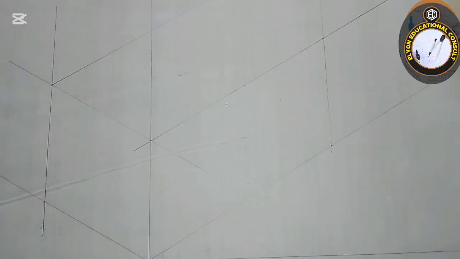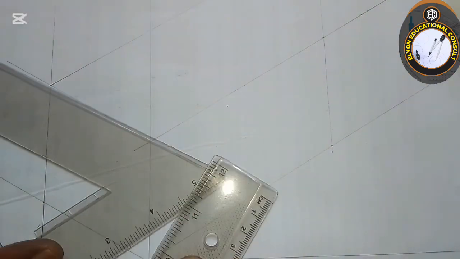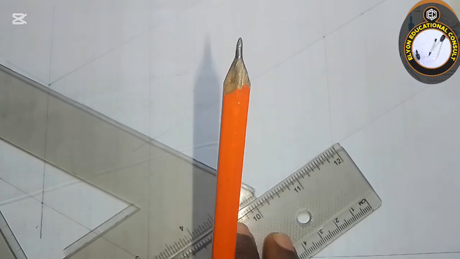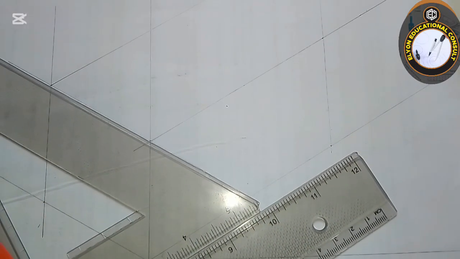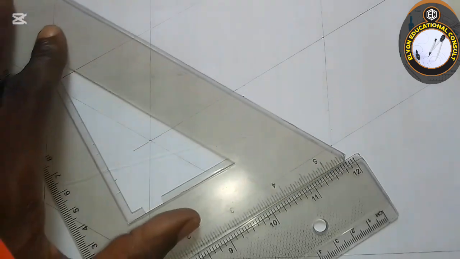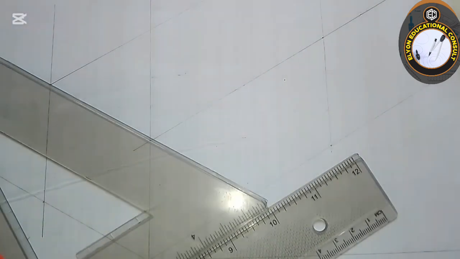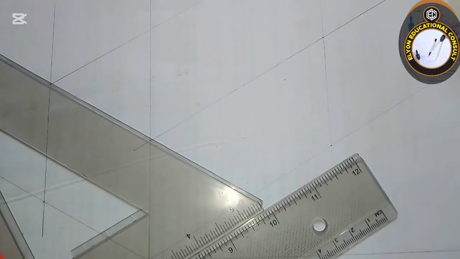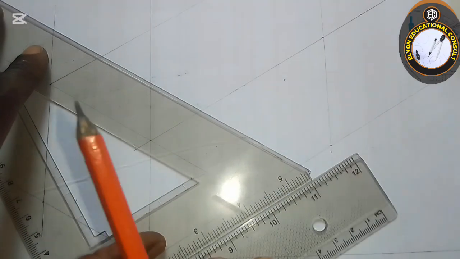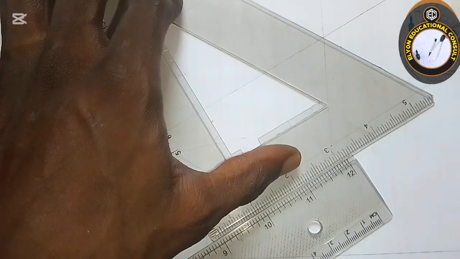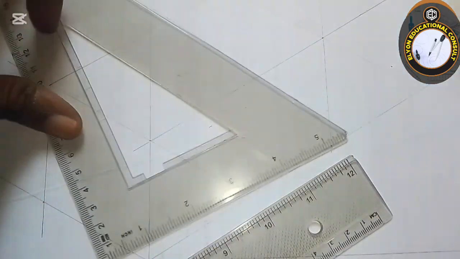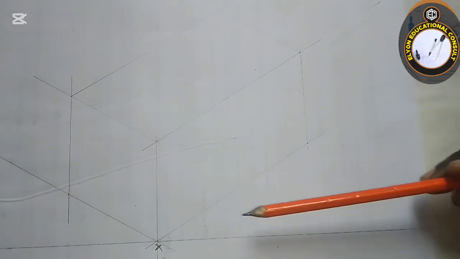Alright then. So next up I'm going to transfer this line. Transfer it here. This way. Just put it this way. Okay. So you have this. So this is the isometric block according to the dimensions given to us in this